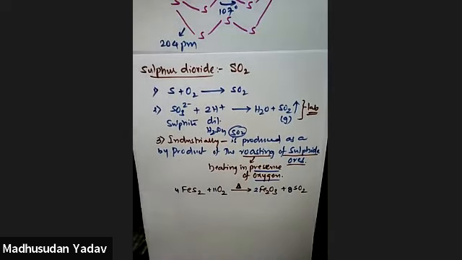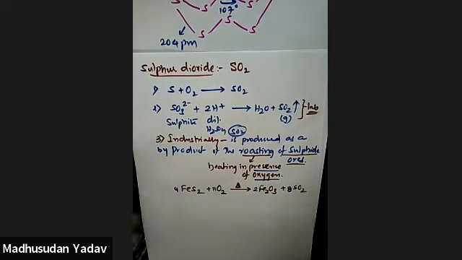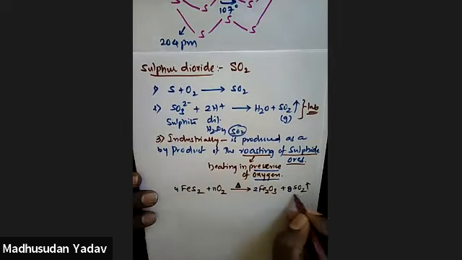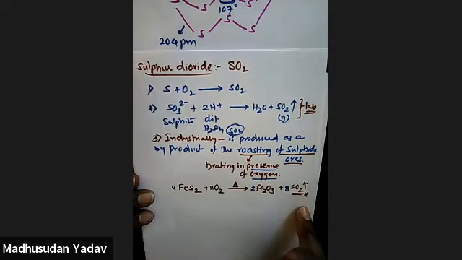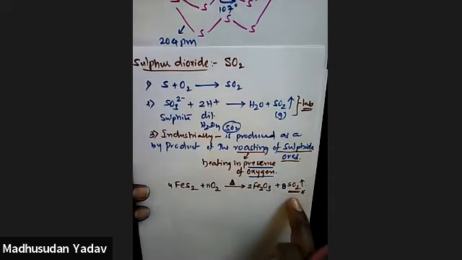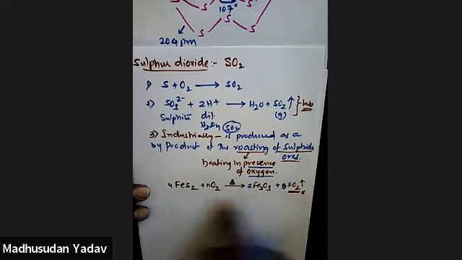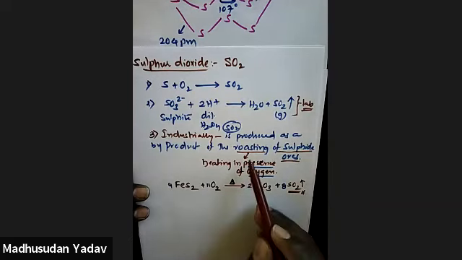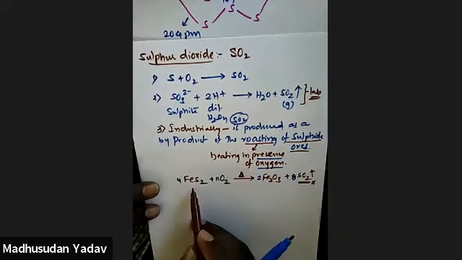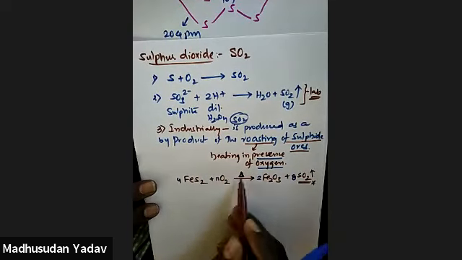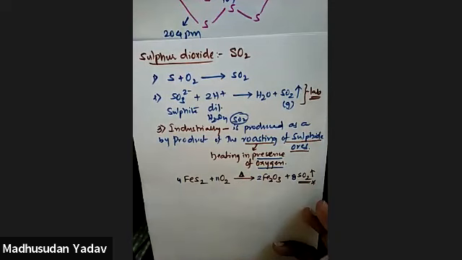Look at this. So this is the industrial method of sulfur dioxide preparation. This is what you are looking for, isn't it? So your product is a byproduct here. The sulfur dioxide you are looking for is a byproduct in this industrial production. So it is mainly prepared by roasting of sulfide ores. You can take a sulfide ore and heat in the presence of oxygen. You will get sulfur dioxide. Okay.